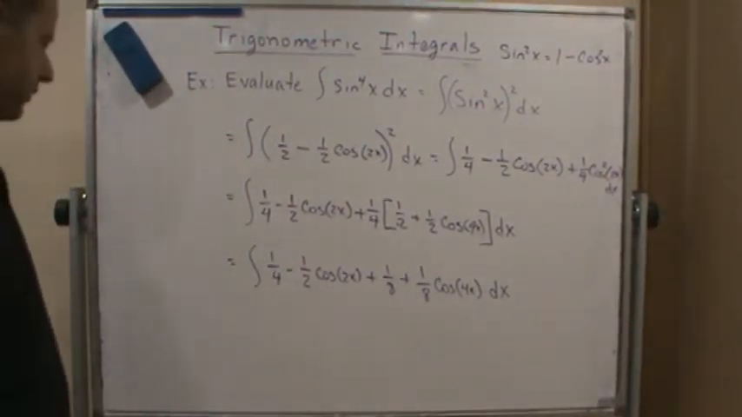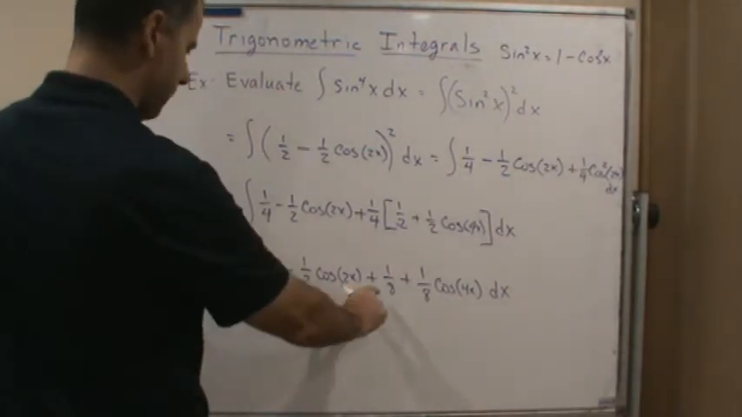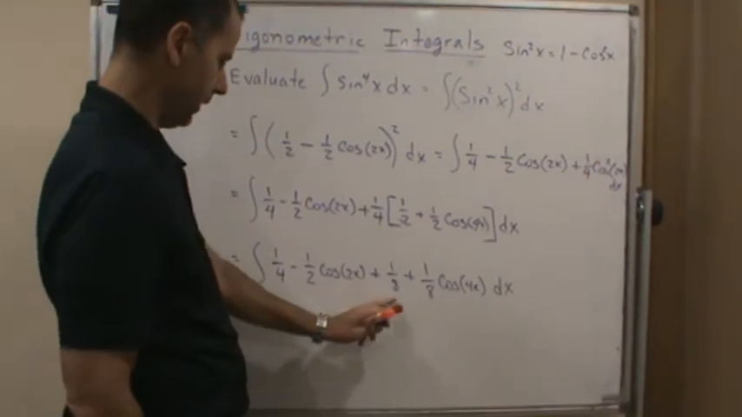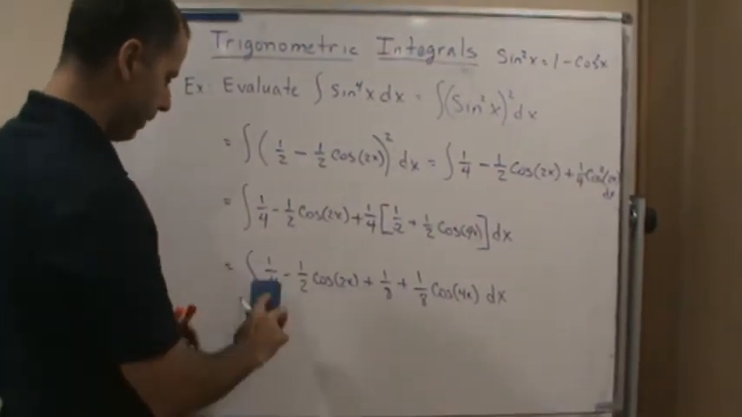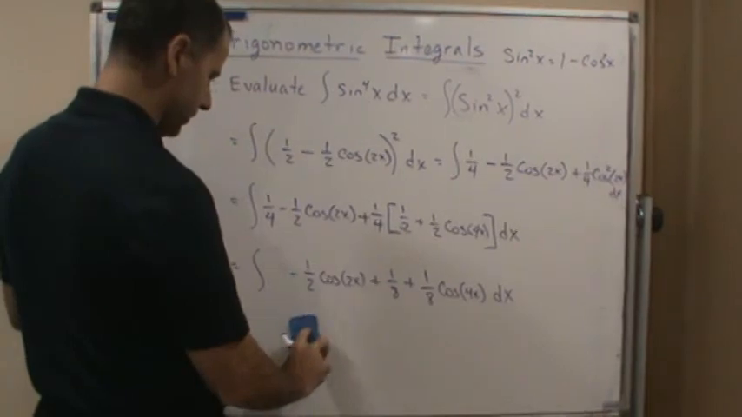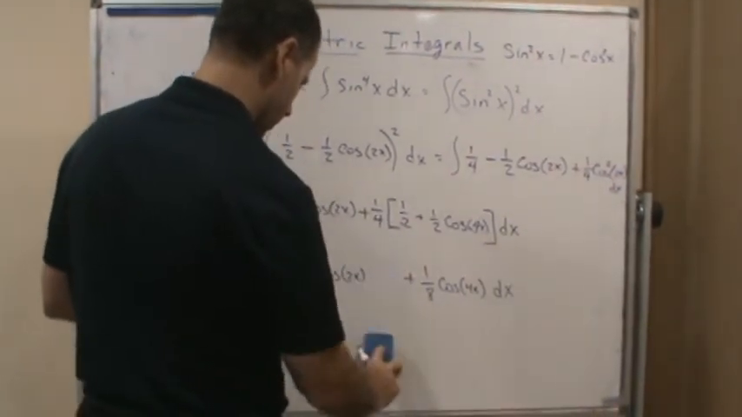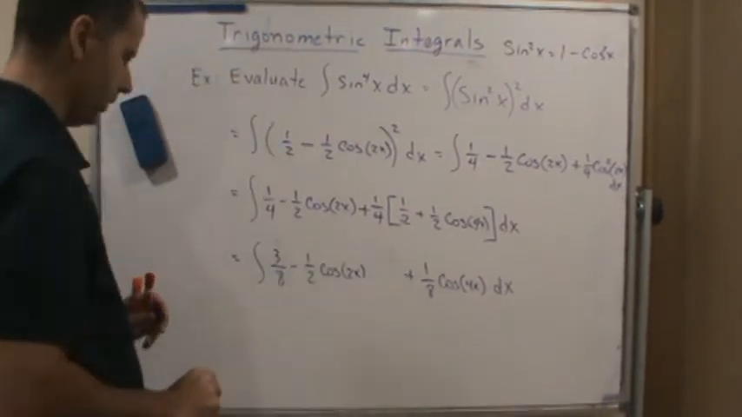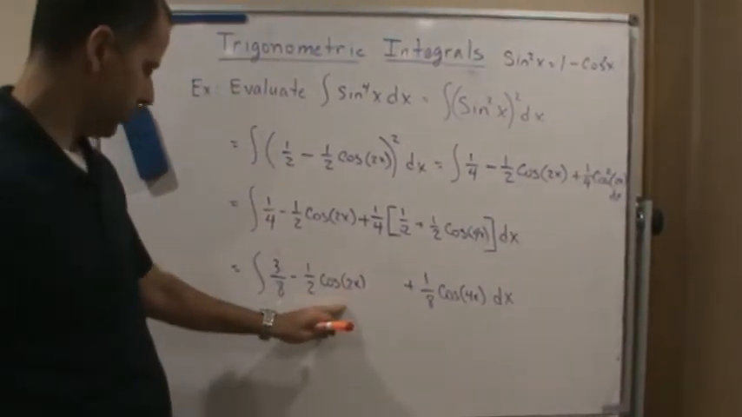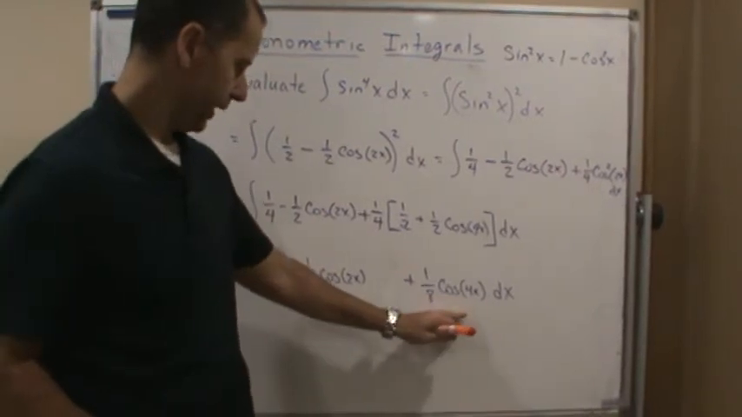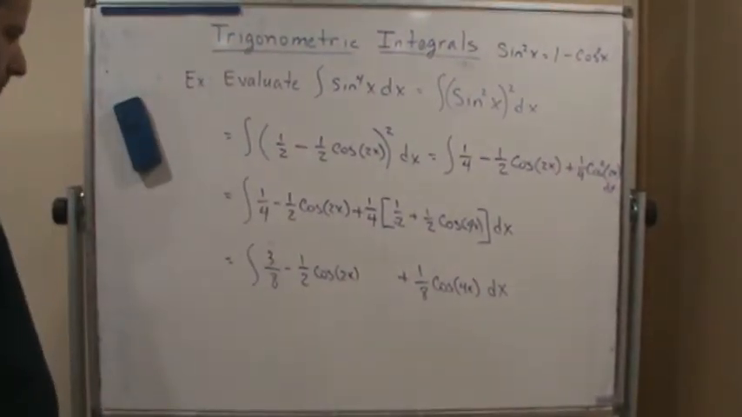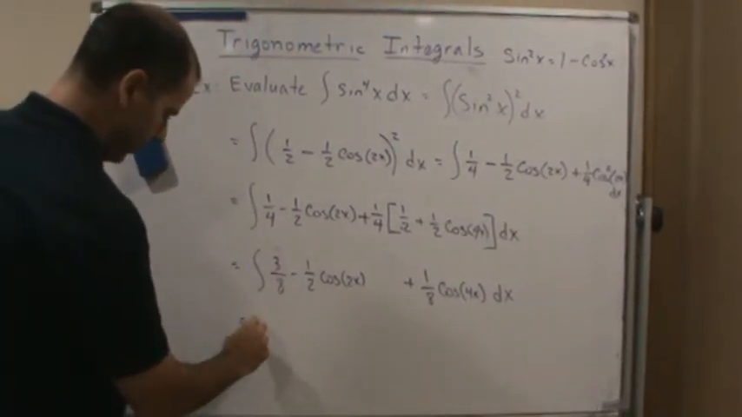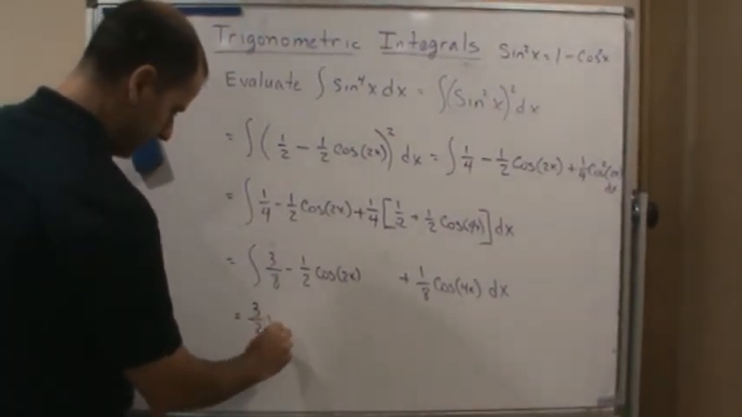And so now I can go ahead and simplify this even further. And so I'm going to take this 1/4 and this 1/8 and combine them, so that's going to give me 3/8. So I get 3/8 minus 1/2 cosine 2x plus 1/8 cosine 4x. And now I can integrate this term by term. So this is going to give me 3/8 x